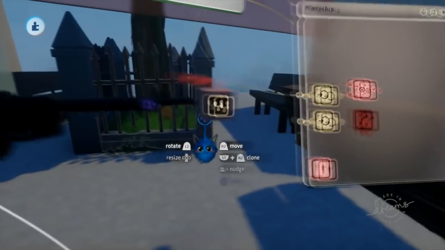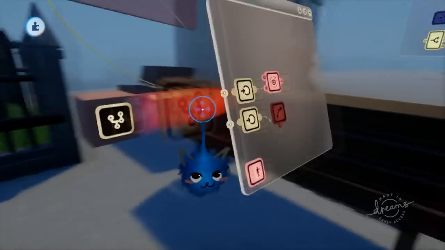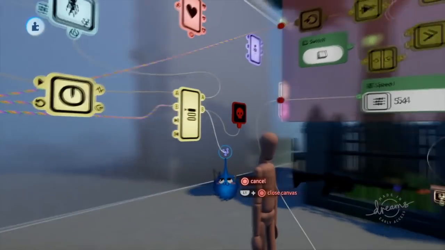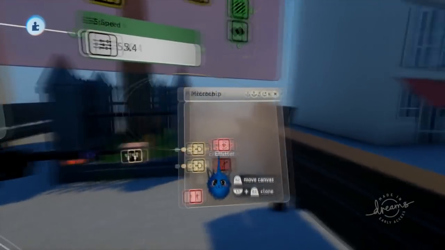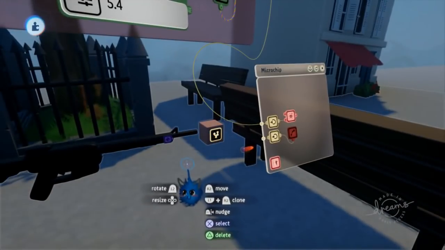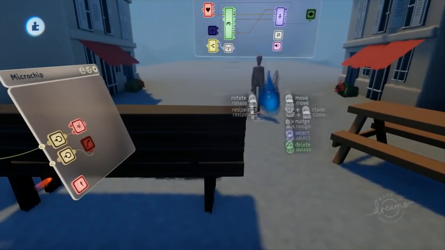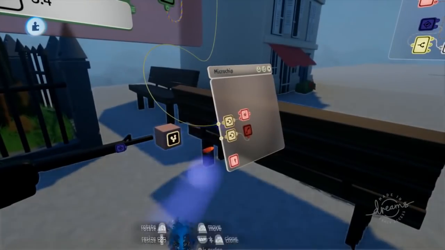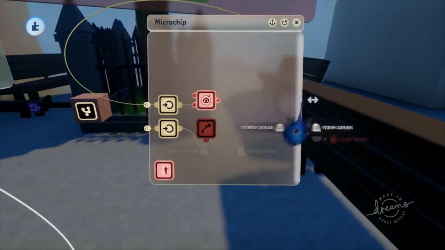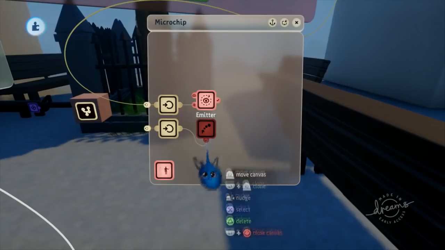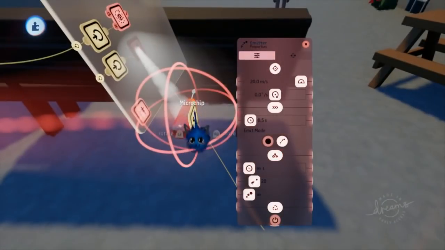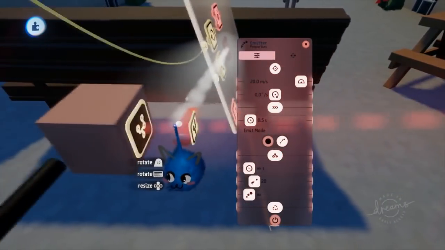And right now, I believe if we set this up properly, if we attach this to the hand and we did the pose and everything, this would fire at the player as accurately as we could get it, and that might be a little bit too much. So we're going to end up modifying that in a minute after we set up everything else. So we want to move the emitter position over to the front of our cube over here, or technically